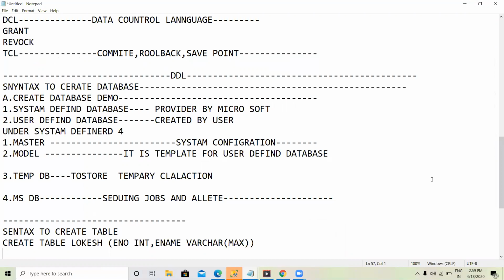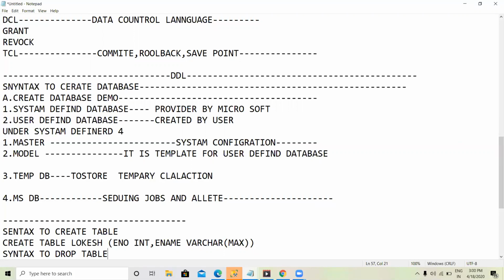I already discussed the syntax to create a table, update, select, delete, and how to see the information regarding a table. Let us discuss some important queries. What is a drop?